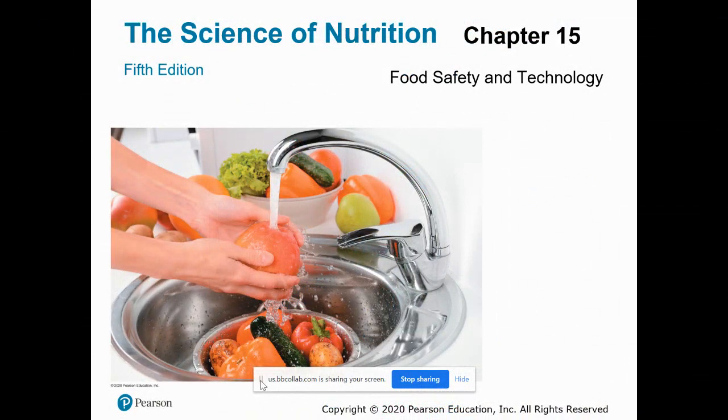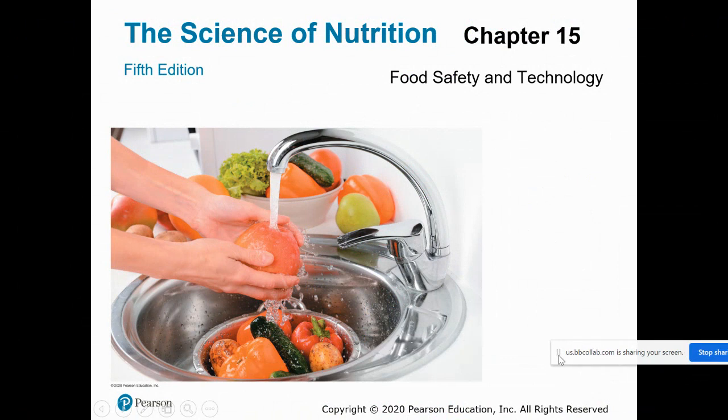So in Chapter 15, we're still in this Unit 4 content, so still kind of talking about what I call some of the more social sides of the science of nutrition. So Chapter 15 will focus on some issues around food safety and food-related illnesses. And we'll also start to talk a little bit more about food-related technologies. So we'll kind of introduce the concept of food science and see how food science has kind of affected our food production systems in modern times, and also talk about any implications for health or health concerns that might have.